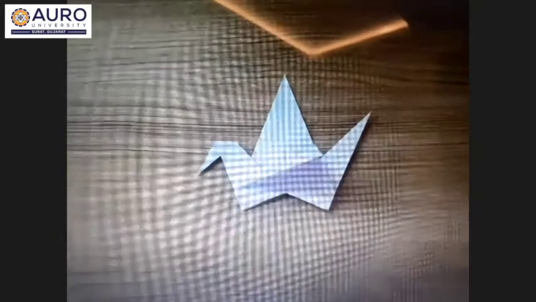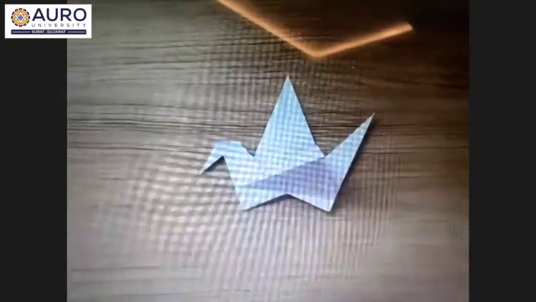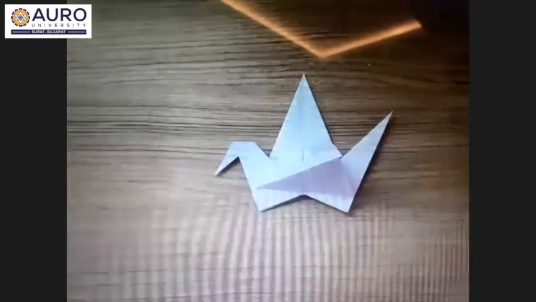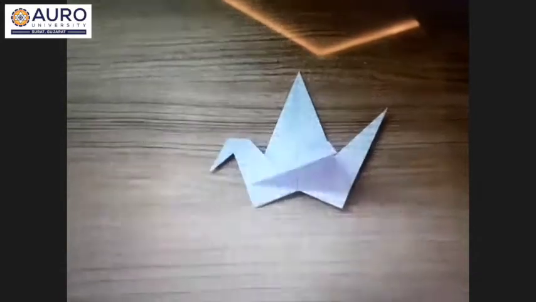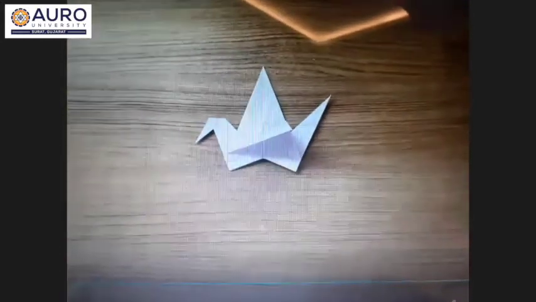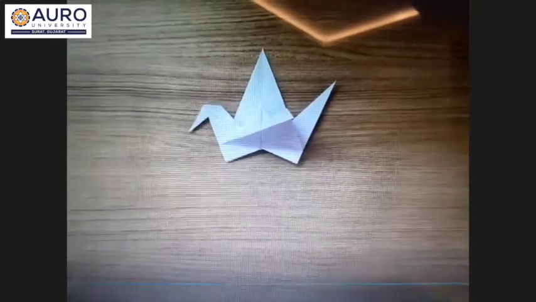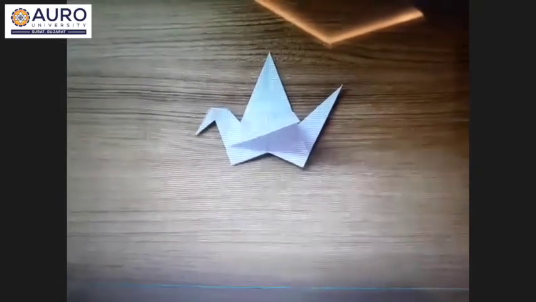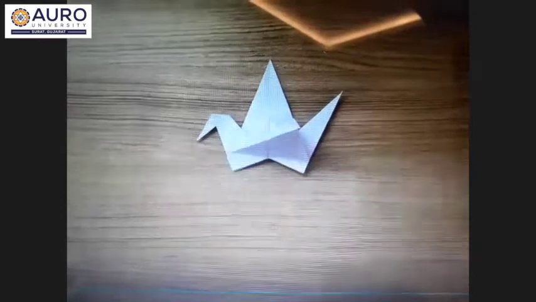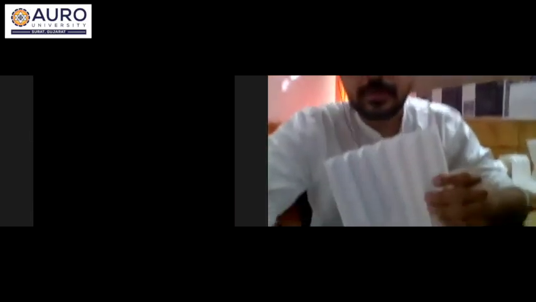See, now you try and understand, since it's a paper and there have been a lot of experimentations already done. On a flat paper like this, you actually just need to apply crease. You need to bend it. You need to fold it in order to get a form. If it's a flat paper, obviously it will have no strength, but the moment you start bending it, folding it in different directions, that's where the form starts to begin. That's where you actually see the form that is being generated, right?